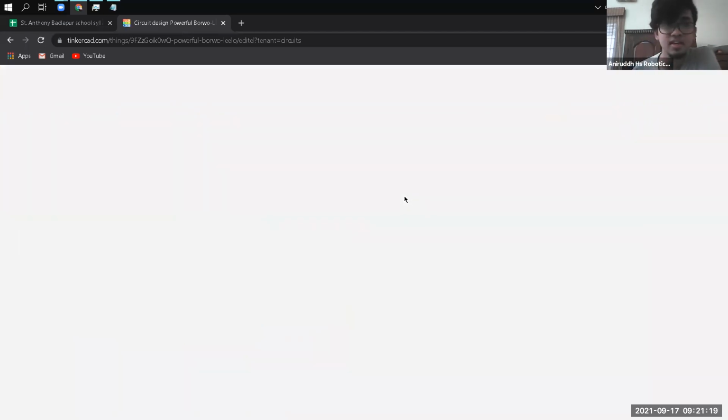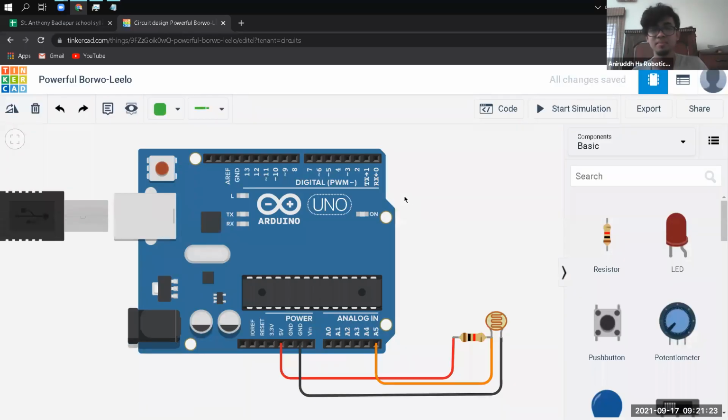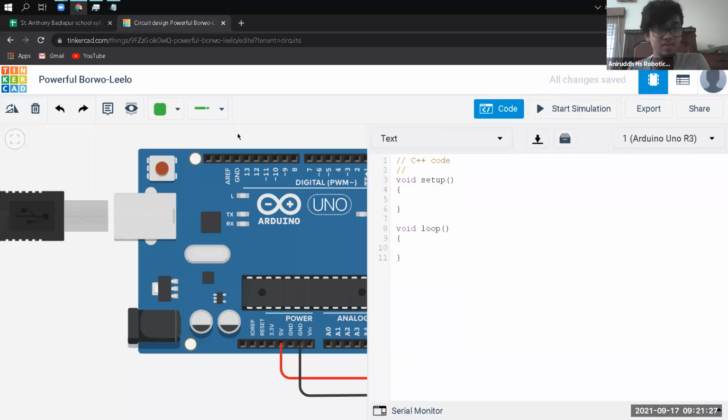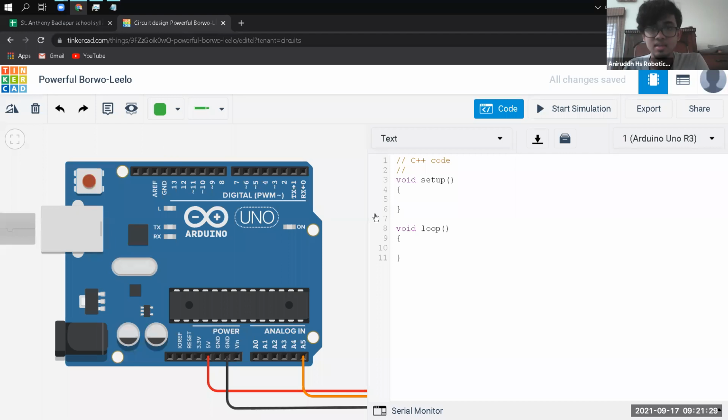Okay, so the first thing in the code that we're going to do is tell the Arduino that there is something attached to pin number A5. We have attached something to pin number A5, but Arduino has no idea because we did the attaching. So does somebody remember what command we use to tell the Arduino what pin is attached? Okay, Siddhi Tiwari got the right answer.